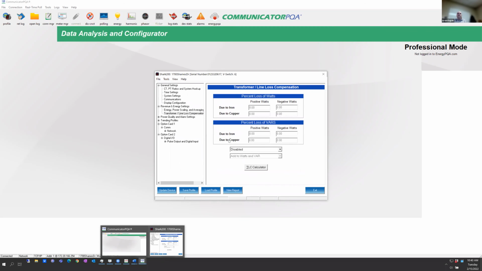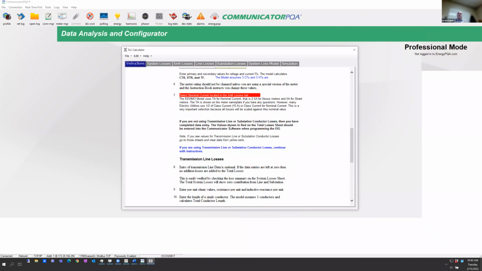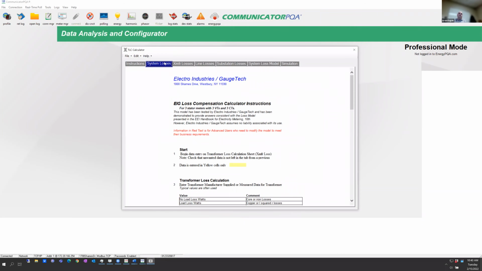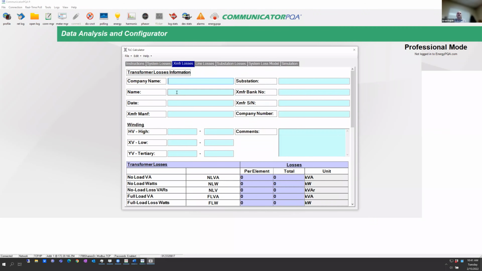And the next thing I'm going to talk about is transformer loss. You have percent loss of watts, percent loss of vars. You can enable or disable it for ferrous, for iron only, for copper only, or for both. Most people use both. And then if you press this button here, it gives you a little time of use calculator. And in this time of use transformer loss calculator, you can do system losses. And you just enter the data, transformer losses. Anything that's in the light blue is a data entry point. And you get this information right off of the nameplate or the test data of the transformers that you're using,